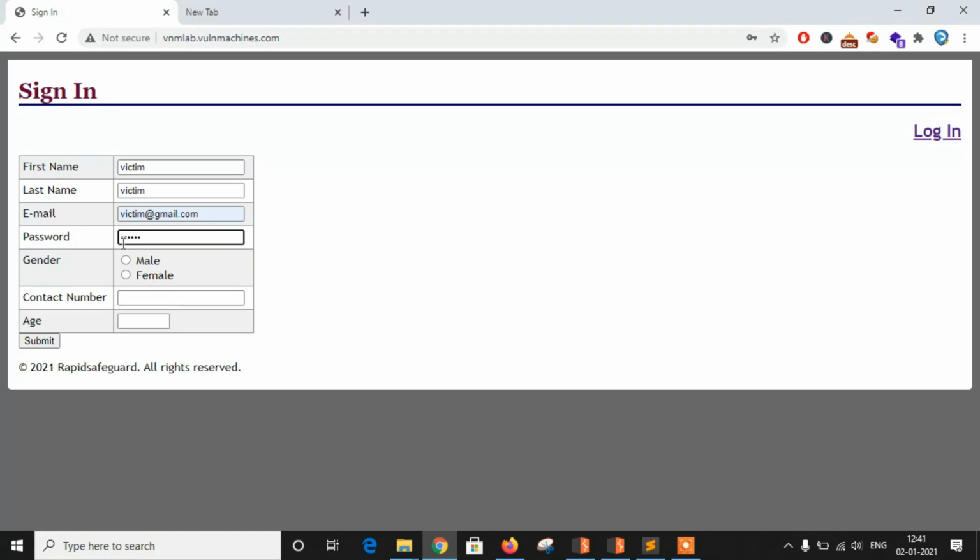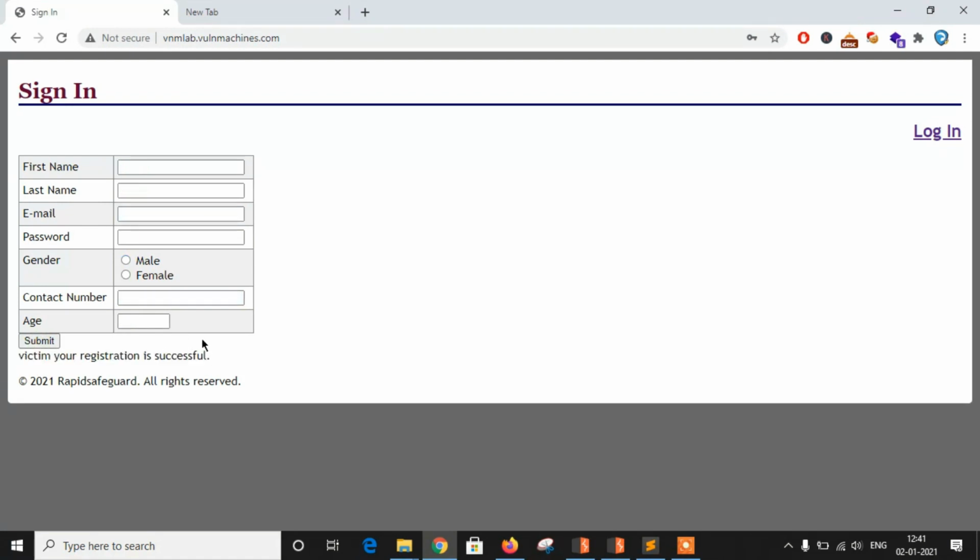Then the mail and a random contact number, and click on submit. As you can see, victim, your registration is successful.